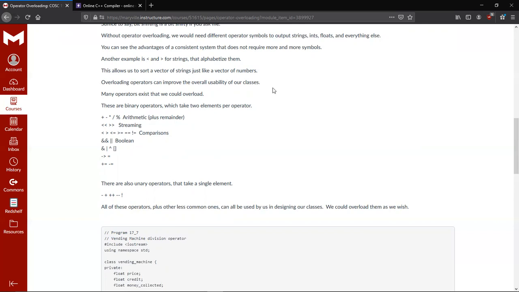And by having good overloaded operators, that can improve the usability of a class that we make. And who knows, maybe you can invent a class one day that's so awesome and versatile that people love it so much, it's going to be incorporated into the pantheon of all the great class libraries of C++. Who knows? Anyway,